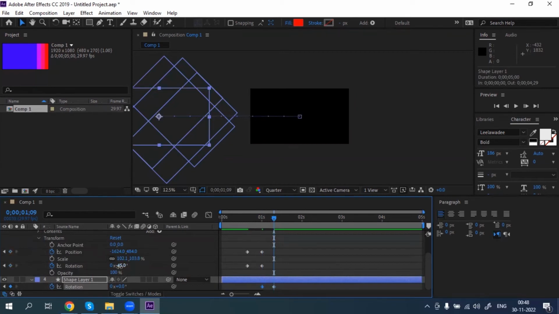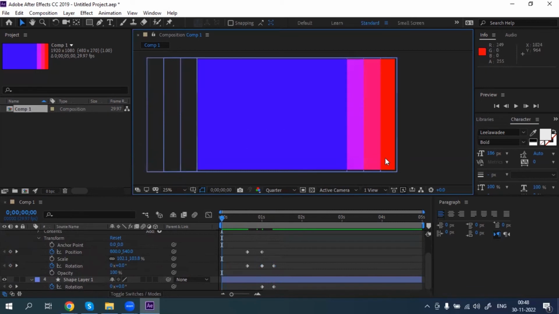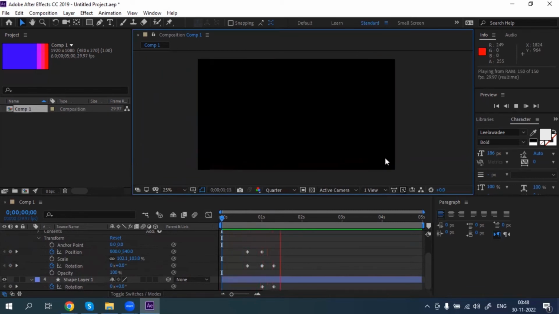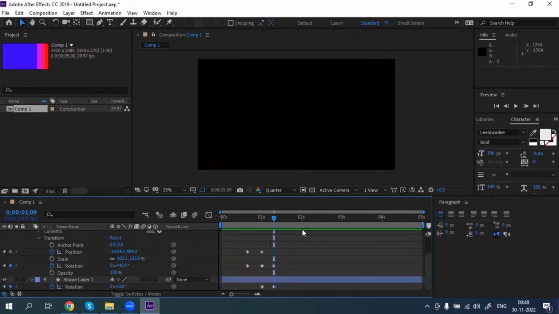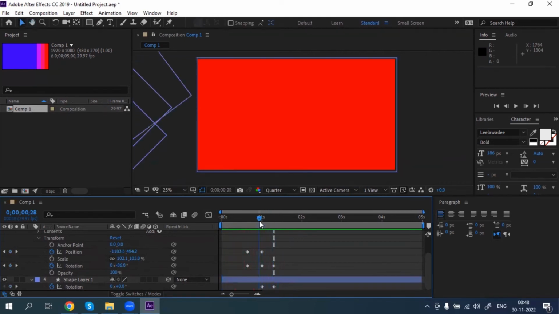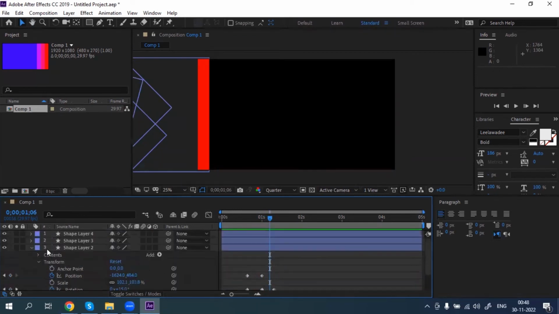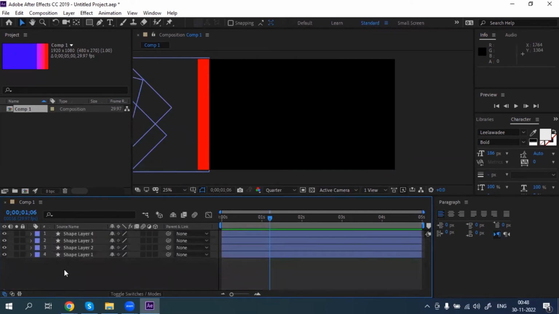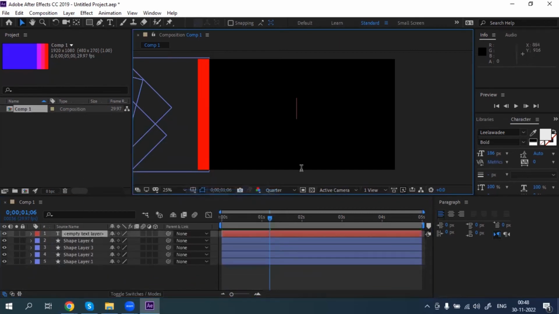Changing the position, positive 45 degrees, like this. So now you can see it will be like 1, 2, 3, 4, like 1, 2, 3, 4. And here we can create one text layer. So close this layer, and I'm going to create one text layer here where we can see